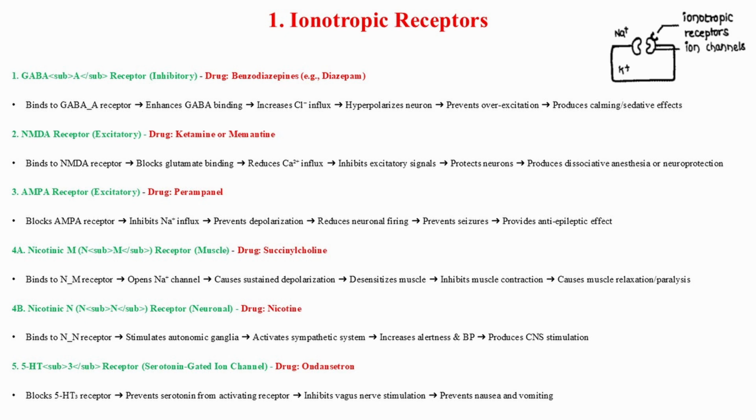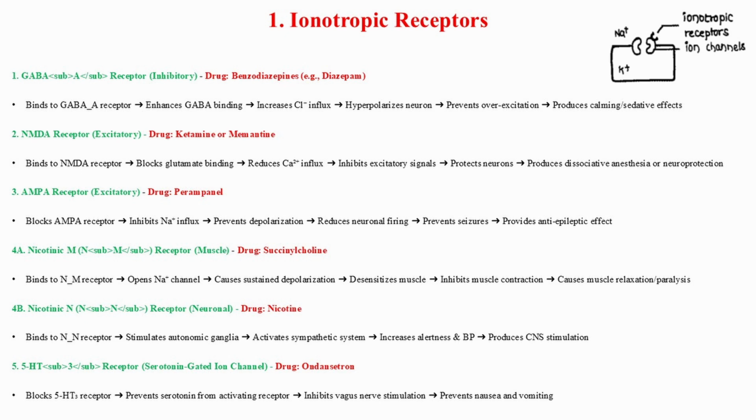Coming to the last example under the ionotropic receptors, serotonin receptors. These are anti-nausea defenders. Drugs like ondansetron block 5-HT3 receptors, preventing serotonin from overacting, thereby inhibiting the vagus nerve and stopping nausea and vomiting, especially during chemotherapy or surgery. Quick summary: each ionotropic receptor controls rapid body responses, and these drugs either boost or block them